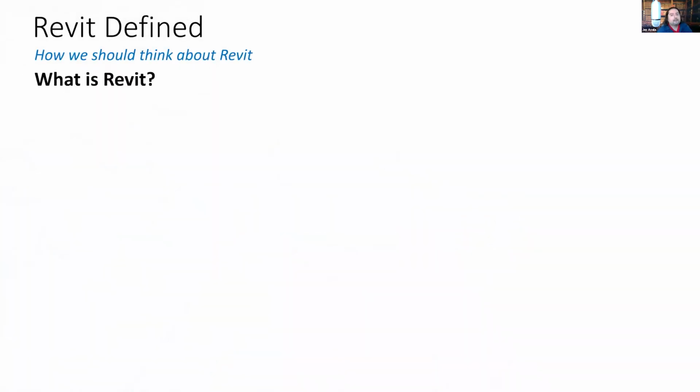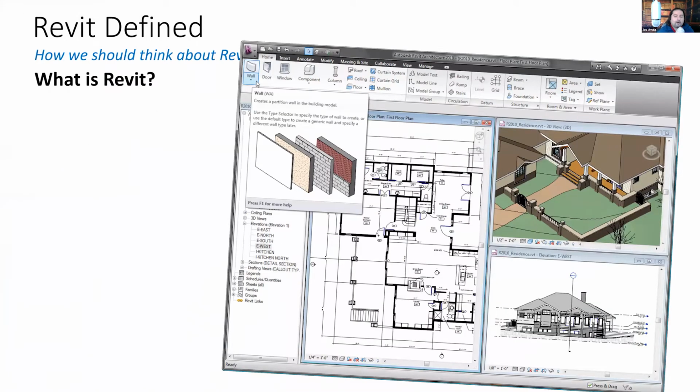So the philosophy comes from how to think about Revit. For those of you who are on the architectural side, for those of you who are familiar with Revit, you will know that when you have Revit, you've got a floor plan, you've got a 3D view, you've got a section. No matter what view you're looking at, you're still dealing with a 3D model, okay? Even if it looks like a plan view, or even if it looks like a section, that is still a 3D model. And if you make a change in the section, it's going to go all the way back up to your sheets, right? That have schedules on them, all of that updates. So as soon as you make a change in one place, it instantly